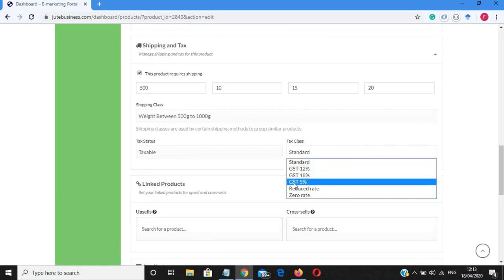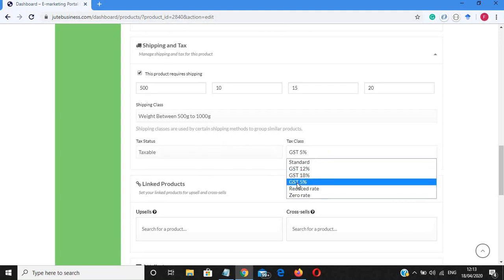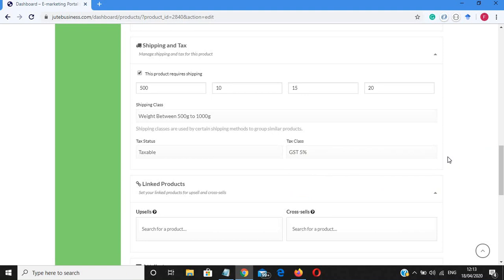Currently on my product the 5% GST is applied, so I am selecting the tax class as 5% GST. After that,